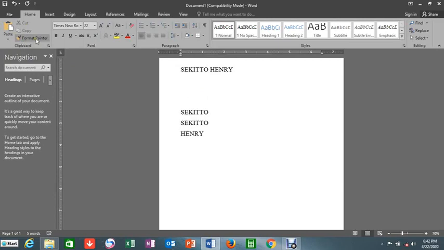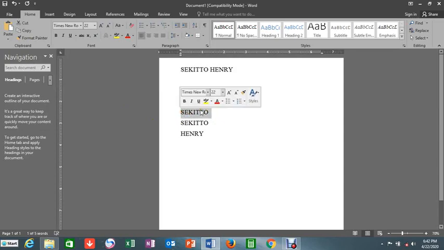What does the Format Painter do specifically? For example, let me make a change onto Sechito. For example, I've highlighted it, I want to put a color red. Let's have made it bold. Bold makes it thicker. Are we together? Because there is a difference between this and this. So it is going to make it thicker. That is the bold. Ctrl plus B.